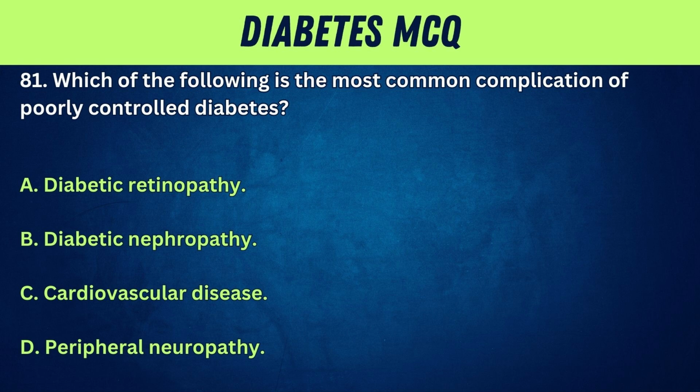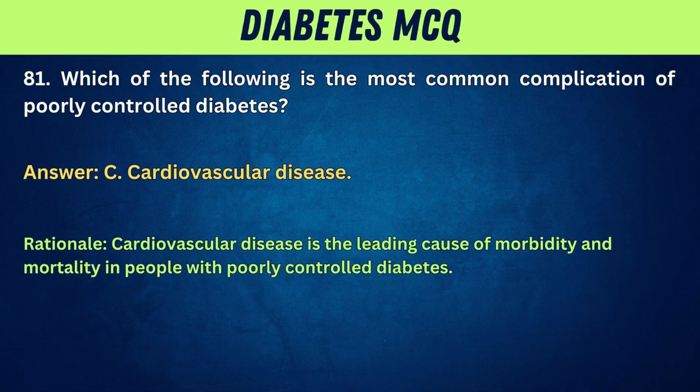81. Which of the following is the most common complication of poorly controlled diabetes? A. Diabetic retinopathy. B. Diabetic nephropathy. C. Cardiovascular disease. D. Peripheral neuropathy. Answer: C. Cardiovascular disease. Rationale: cardiovascular disease is the leading cause of morbidity and mortality in people with poorly controlled